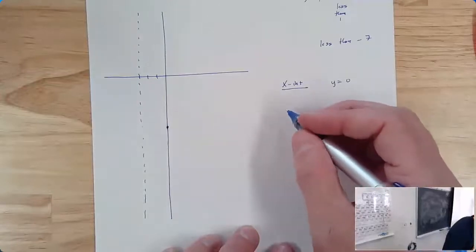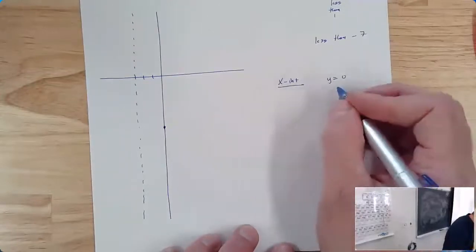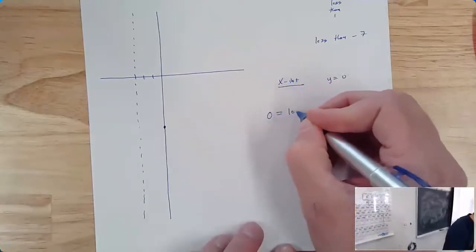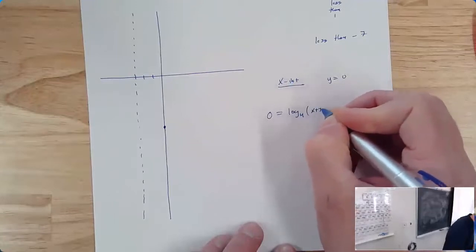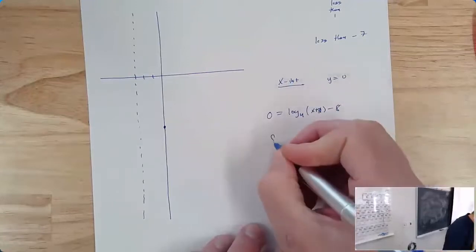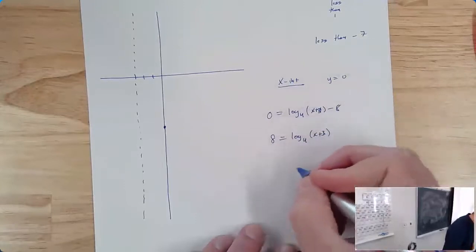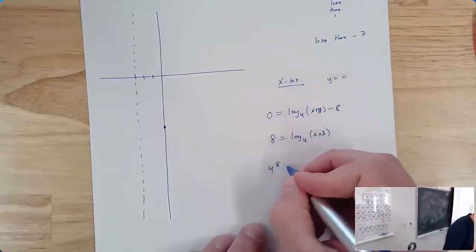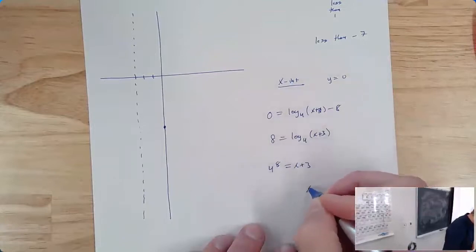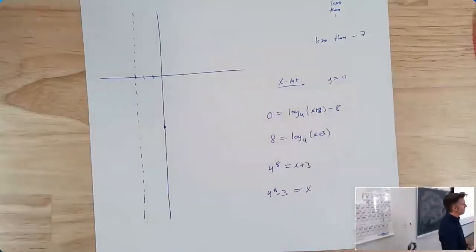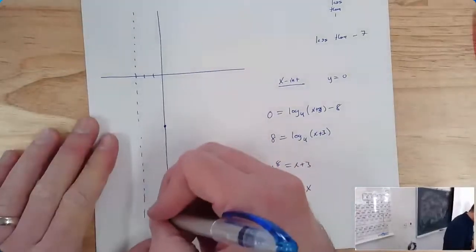If we set y equals 0 to find our x-intercept, 0 equals log base 4 of x plus 3, minus 8. So 8 equals log base 4 of x plus 3. So 4 to the 8th power is equal to x plus 3. So x equals 4 to the 8th power minus 3. 4 to the 8th is pretty big, like on the order of 20,000 maybe. So this graph is very, very